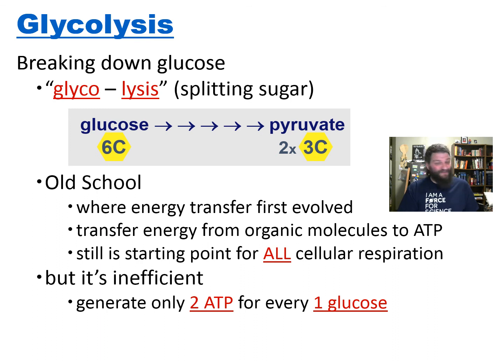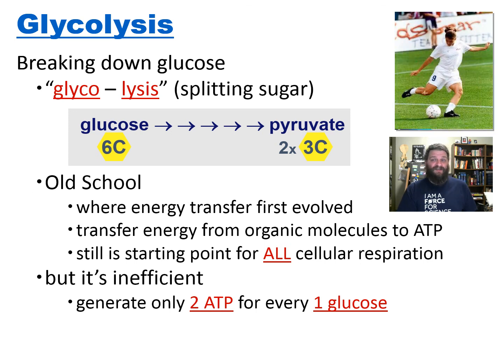It is inefficient. Later improvements by aerobic pathways, the Krebs cycle and electron transport chemiosmosis, are going to greatly improve the amount of energy that's going to be able to come out of each glucose molecule. But for glycolysis, we only net like 2 ATPs, and under certain situations, even our muscles can go through and generate this inefficient